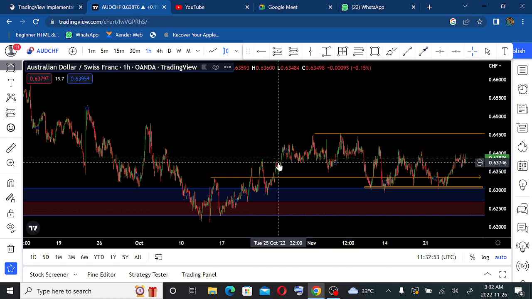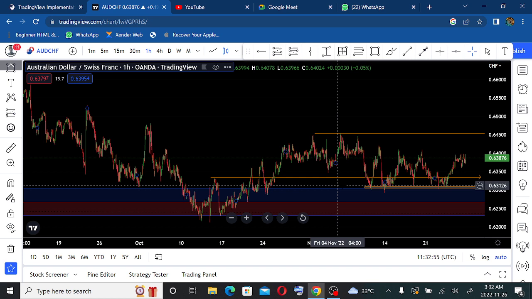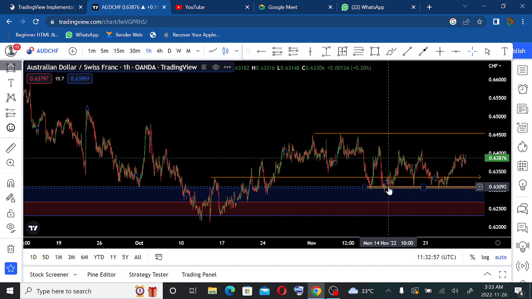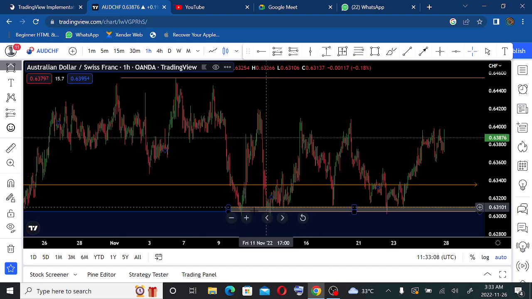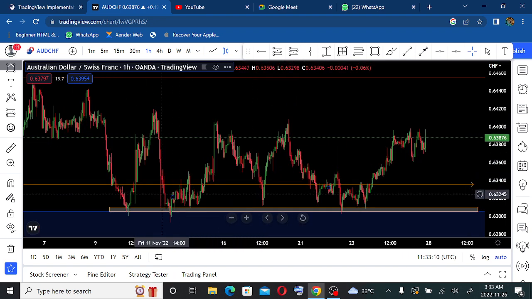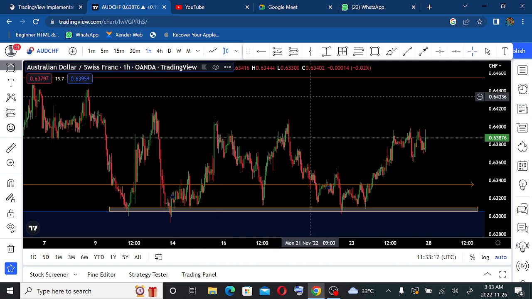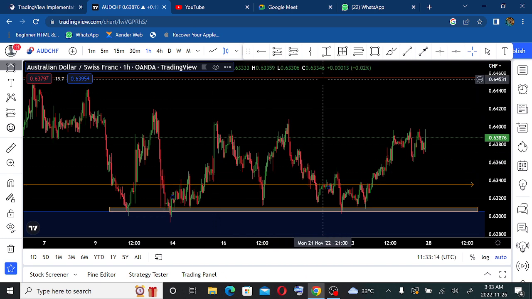Now, why am I doing this? I'm basically doing this so that I can know that this gold line was the area I looked out for mitigation retest. You understand? So I'm using that to know that okay, this was an area of mitigation for me, an area of bounce. So now, getting to see it clearly here, we know that we're looking to take first profits here before we